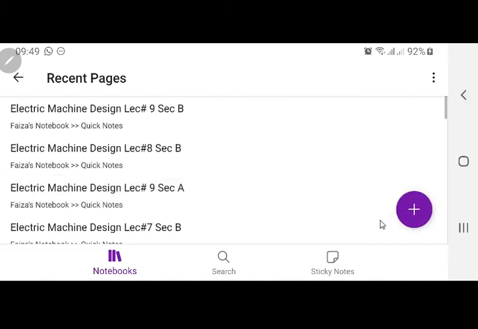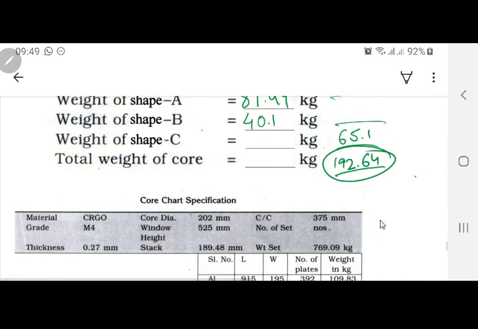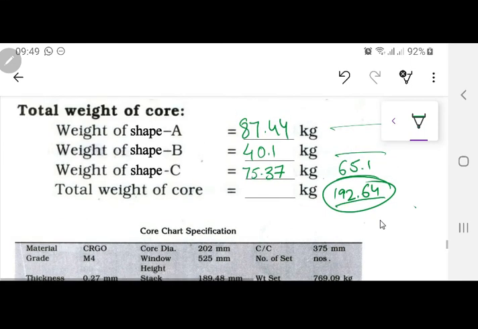So if I go back, and this is actually lecture number 8 for the B, so you are suggesting it is 75.37. So add these three, please. Can you give me the value? Please remember, in exam a difference of this 10 kilogram is a huge difference. You can get marks for your error carried forward or whatever, but this is a huge difference of 10 kilograms.